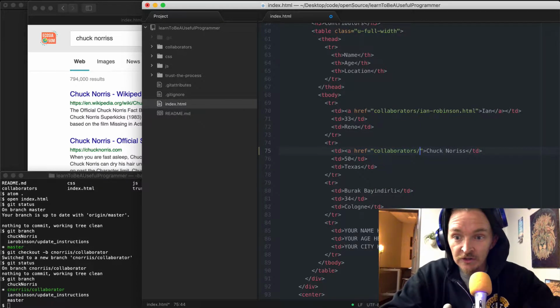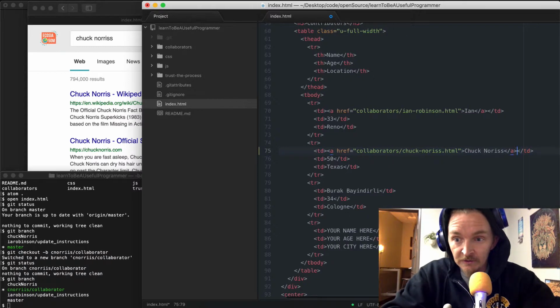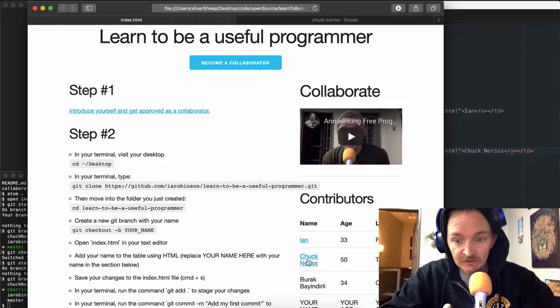So to get there, to have the link access there, I'm going to go collaborators slash Chuck Norris dot html. Even though I haven't created this file yet, and so I also want to close the link tag because it comes on after Chuck Norris, and I can save that now, and I can come back over here and then refresh this page, and you see now Chuck Norris is a link. But if I click it,